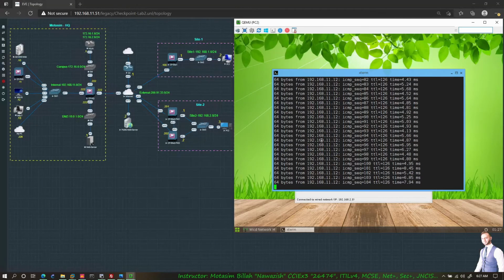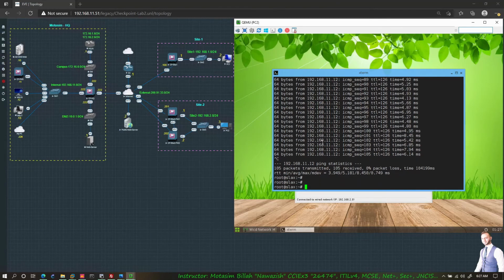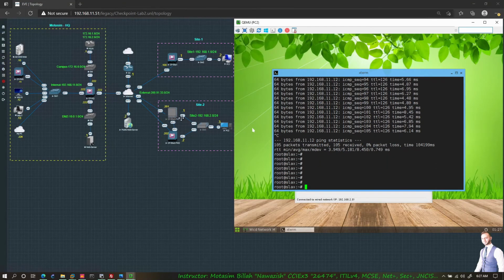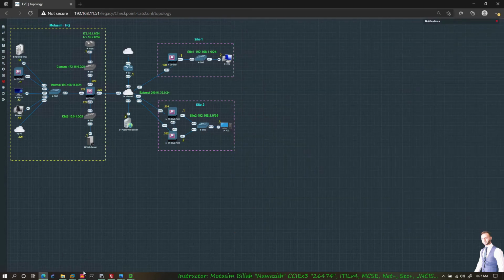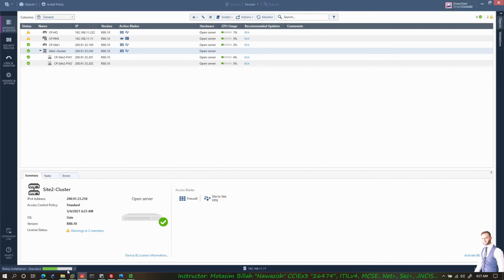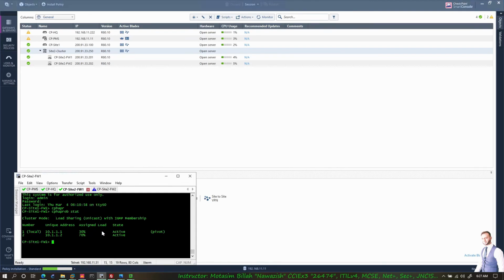So my ping is right now going on. I will go ahead and capture traffic on firewall 1 on this interface and on this interface and see if both of the firewalls are actively forwarding traffic. So I will wait for the installation to complete. Then we will check if it's 50-50, because multicast is using 50-50. Load is shared on both